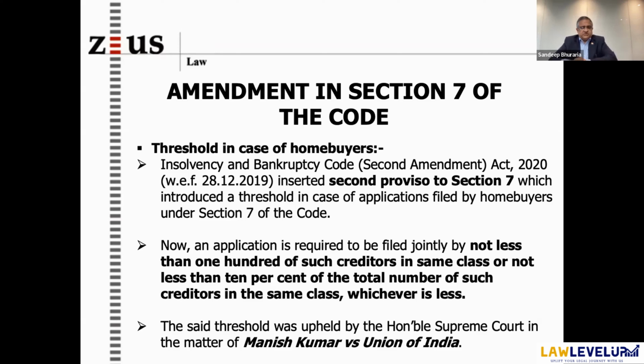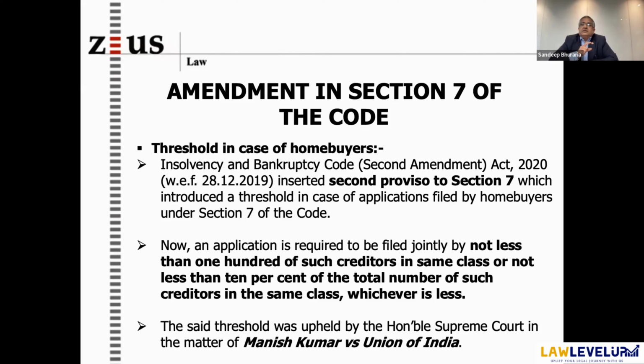In Manish Kumar versus Union of India, the court upheld this amendment of 100 home buyers or 10% of the allottees, whichever is less. But simultaneous to this, in Manish Kumar, the Honorable Supreme Court also held that assuming there is a real estate company which has multiple projects in progress, the Supreme Court said that